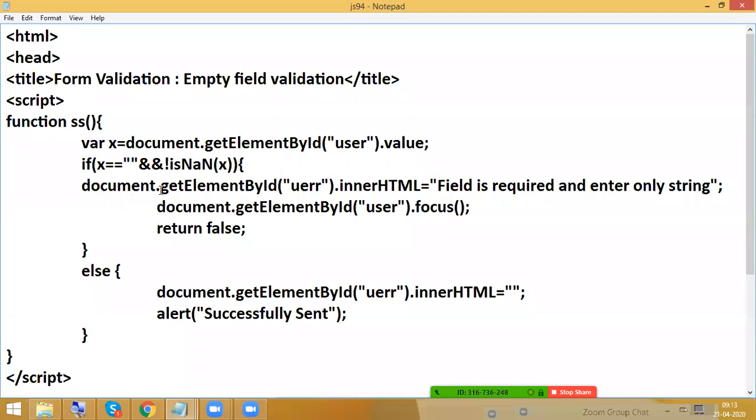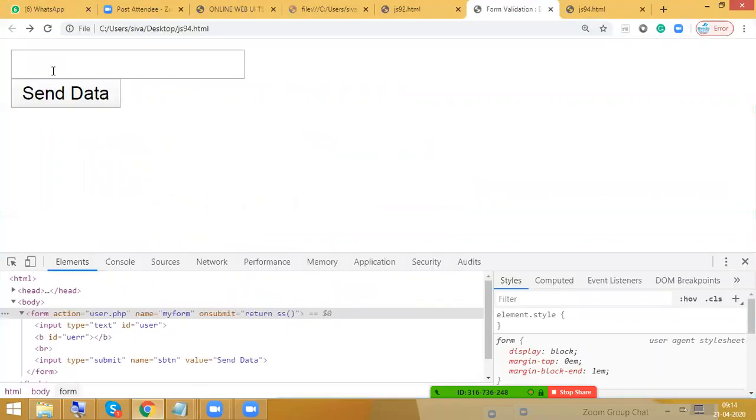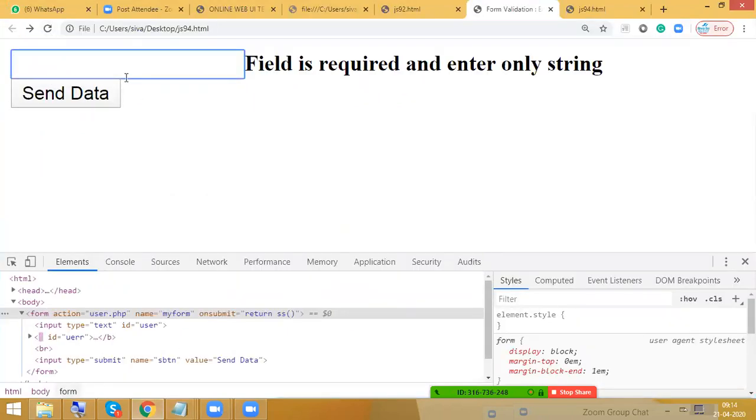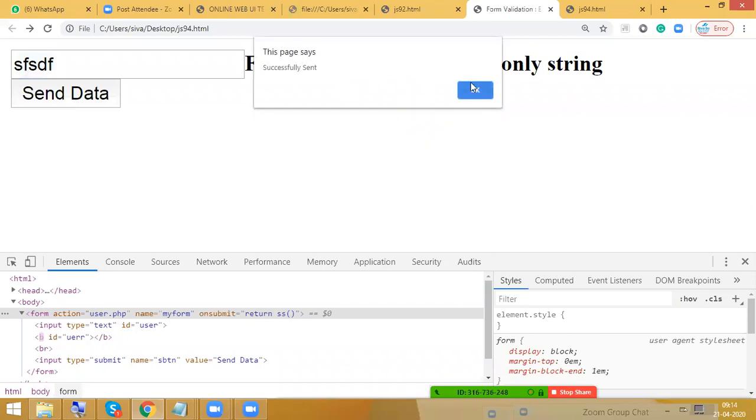Okay, got it. Actually, I wrote here the logical AND operator. What is the meaning of logical AND operator? It should satisfy both the conditions. So whenever it is empty, only one condition is satisfied, the other one is not. So that is also one of the reasons I think here we need to use the OR operator. First one is okay, that's it. And if it is a string, then it is success. So that is okay.